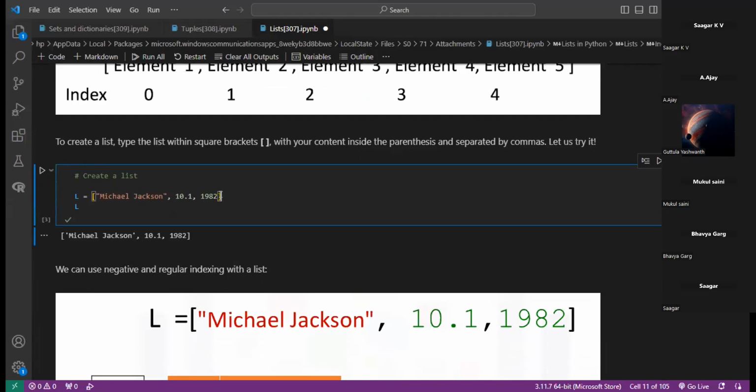So for list, we use square brackets, and it can contain strings, anything. So this is a simple example of a list. And here these are the elements of the list, Michael Jackson and this all. And these are the index. Index can be positive and also negative. So in positive it runs from 0 to n minus 1, and if denoted by negative, so like if